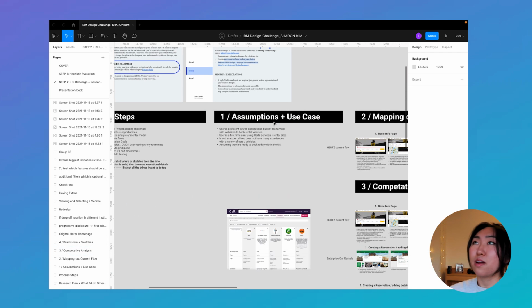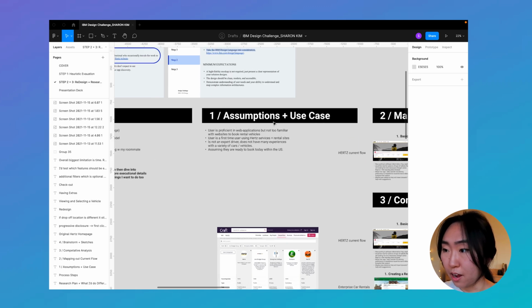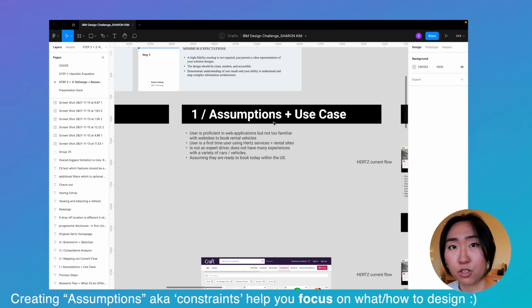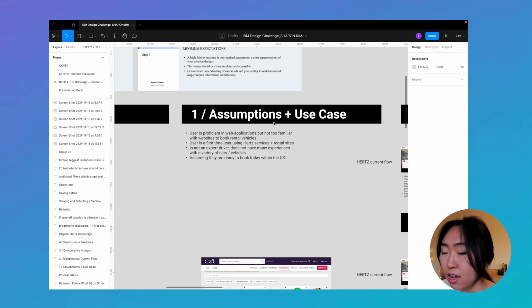So first, when approaching this redesign, I first want to address any assumptions that I may have. I made some assumptions, like the user is proficient in web applications. However, they're a first-time user using Hertz services, rental sites. They're not an expert driver. They may not have many experiences with a variety of cars, and I assume that they're ready to book today